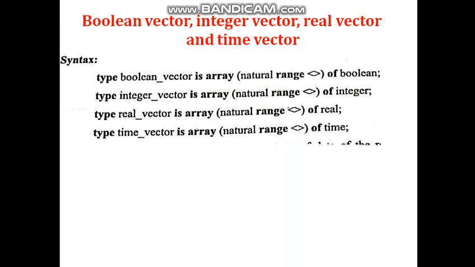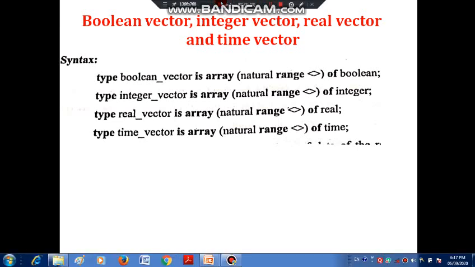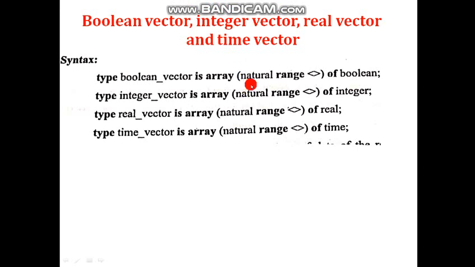Another one is Boolean vector, integer vector, real vector and time vector. VHDL also provides predefined unconstrained array types with Boolean, integer, real and time elements. The syntax for Boolean vector is: type Boolean_vector is array of natural range with a box of Boolean. Type integer_vector is array of natural range with a box of integer.